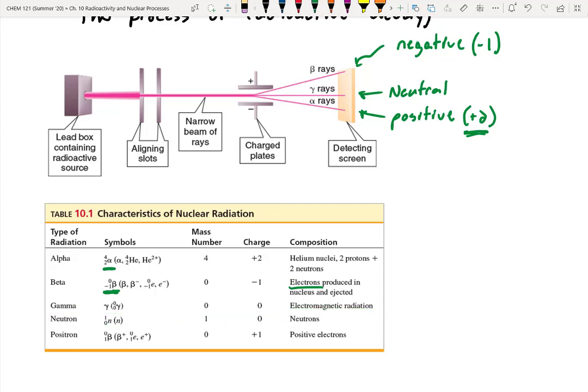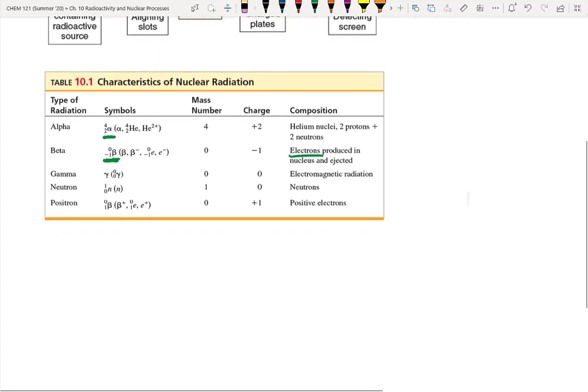And then the bottom one is the one that students always kind of struggle with. This is called a positron. It's a positive electron. And you might be thinking, wait, you told me that electrons are negative. How can you have a positive electron? It's kind of this weird quirk of nuclear chemistry, and we'll get back to it later, but it only happens with nuclear decay, which is why we haven't talked about it up to this point. All right, so these are the 5 main types of radiation that we'll run into in this chapter, but let's